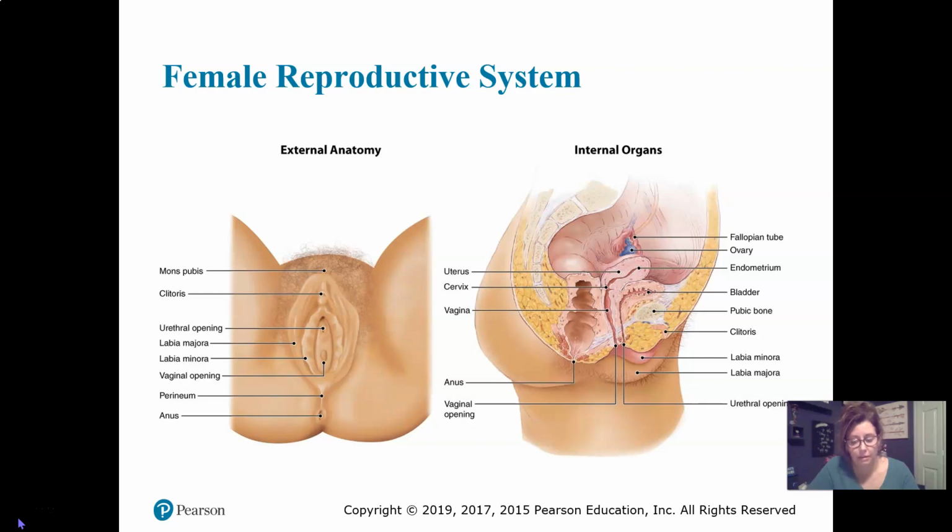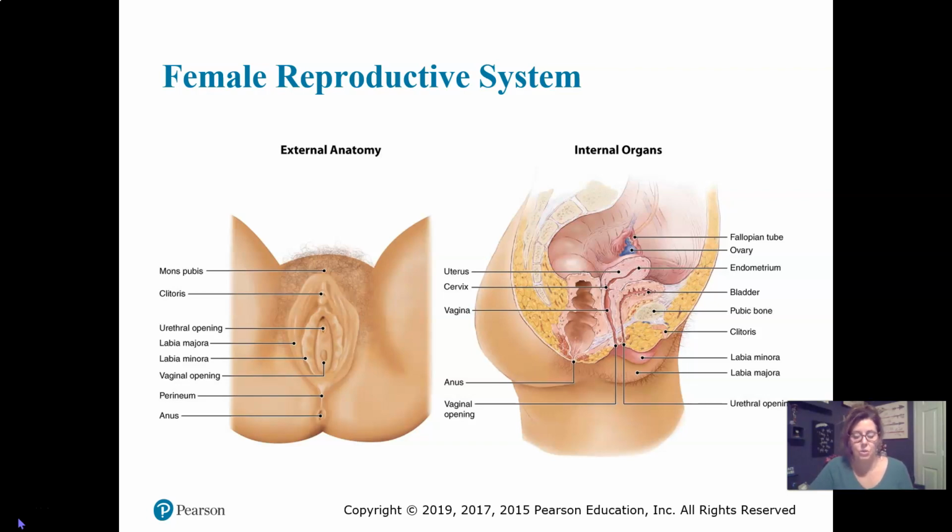internal organs. External female genitals are collectively known as the vulva and include all structures that are outwardly visible. The mons pubis is a pad of fatty tissue covering and protecting the pubic bone. The labia majora are folds of skin and erectile tissue that enclose the vaginal and urethral openings. The labia minora are folds of mucous membranes.